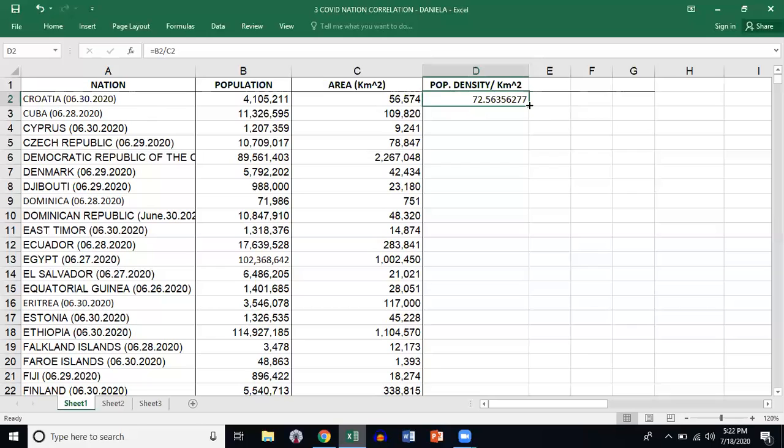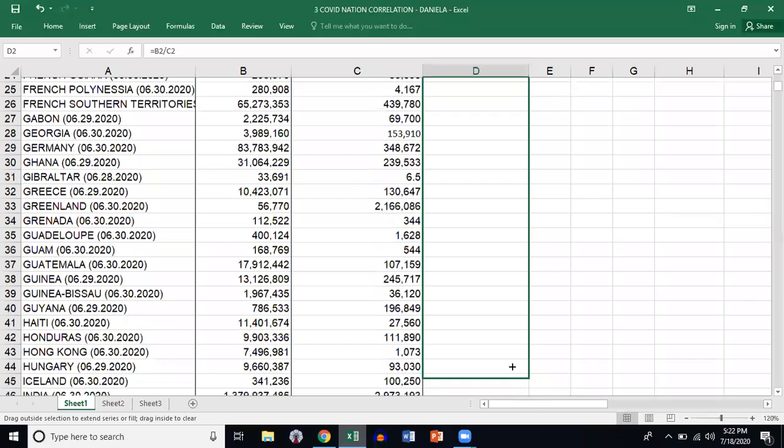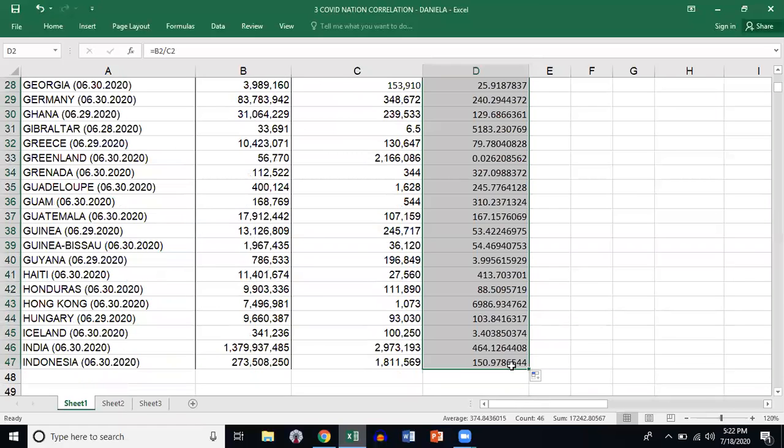So click on that and then pull down on that cross all the way to the last country. All right, scroll down and then release. And automatically it will populate each cell with the corresponding density. And what is interesting is you can click outside to finish the operation and then go back, and you notice